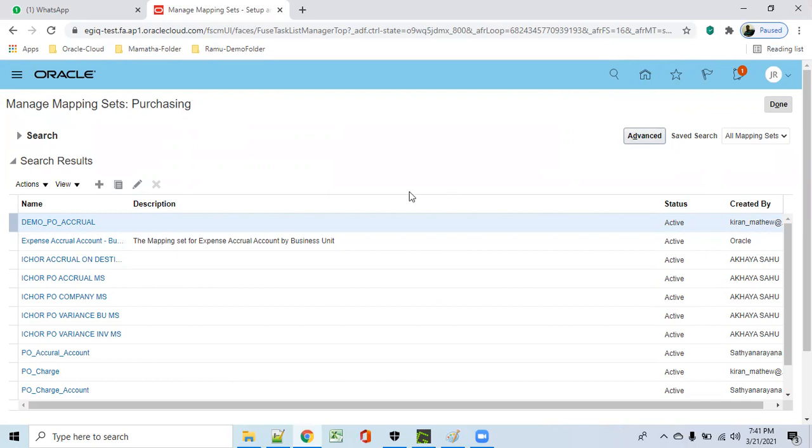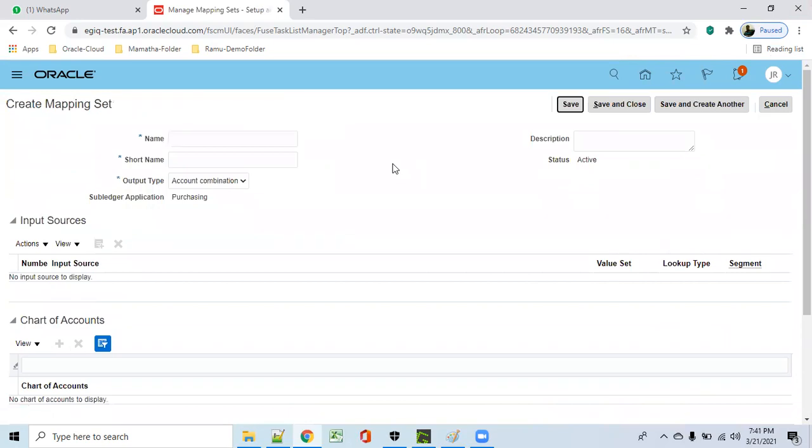Now I am creating a simple mapping set. Click on plus. Here we'll say R01 charge account, any name, account mapping set.